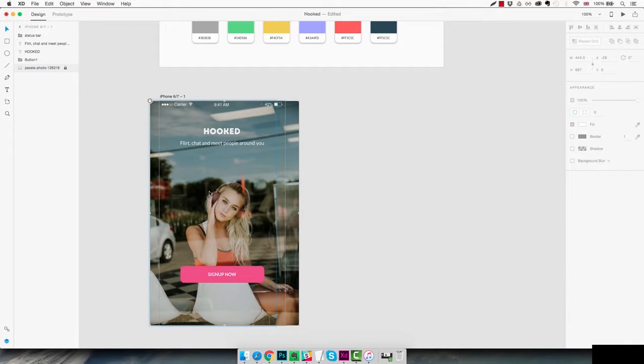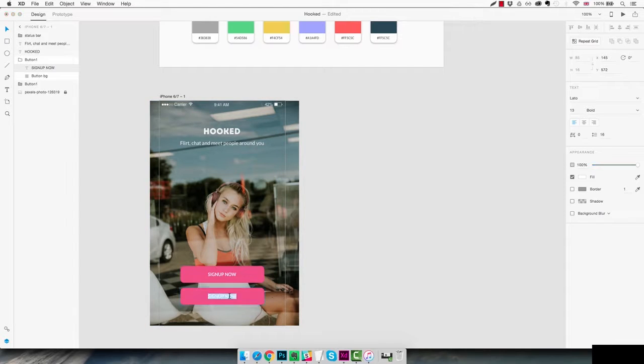So now we're gonna get our button here. We're gonna select it and duplicate it and drag it at the bottom, leaving about 15 pixels between this one on the top and the one at the bottom. We're going to change the text to login. We're going to center it as well,